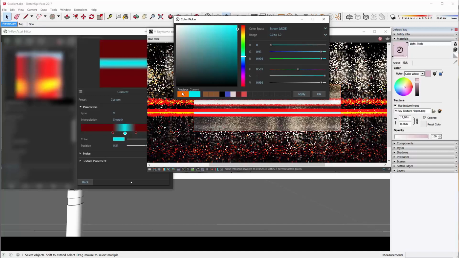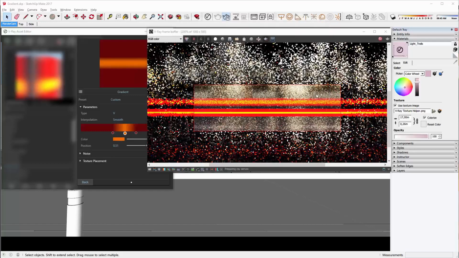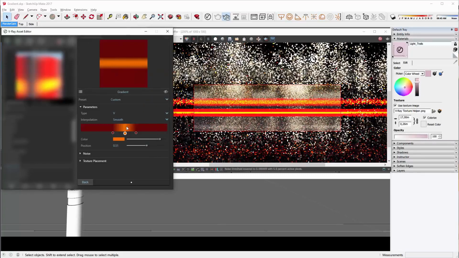And let's say that we don't like the color, we can choose a previous color, which is gonna load the previous settings, and we can apply it as well. We can also save colors, and if I click OK, the color picker is gonna go away, and V-Ray is going to restart the render one more time to make sure that every single change that we made is applied.